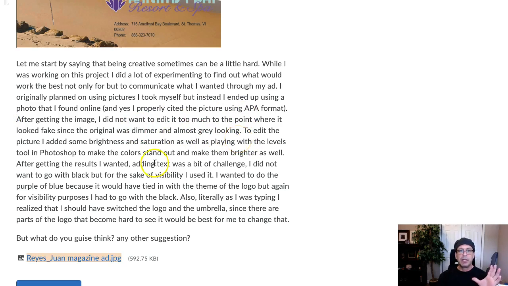You're talking about the type. You're saying that the only thing you can do is use black type. If you really think about this, you're kind of painting yourself into a corner, because what you're saying is, okay, I've got my image, I have to use black type because it's the only thing that works with this image. Well, if you want to use a different hue in your type, that may entail selecting a different image. Don't think because you've selected this image so far, you're stuck with it. You're free to change the image.